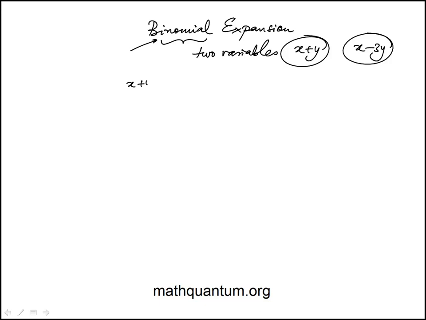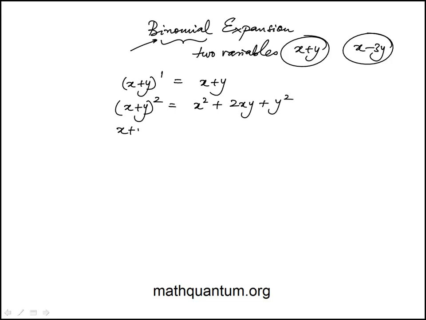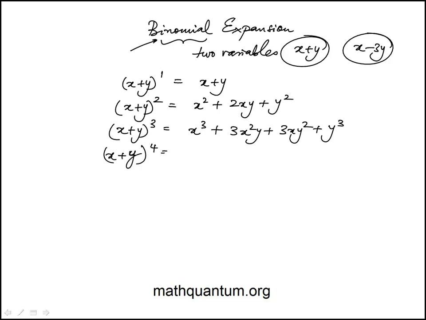So I'll start with some basic binomial expansions. If we have power 1, that's just equal to x plus y. One that you might be familiar with is the square, and that expansion looks like x squared plus 2xy plus y squared. And cubic, we have x cubed and then 3x squared y plus 3xy squared plus y cubed. So what we want to see is what is the pattern behind these expansions and how can we find the